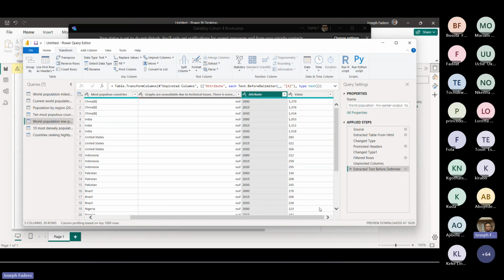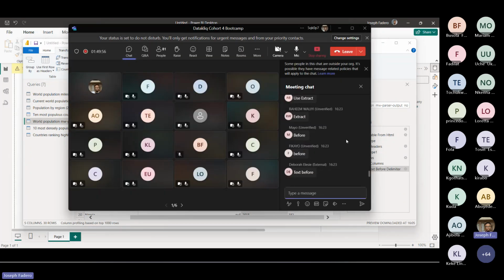But I want us to notice, and I don't know if we talked about this earlier, every single thing you do in Power Query is being recorded in this applied steps section, right? And who knows the language behind Power Query? What's the language behind Power Query?